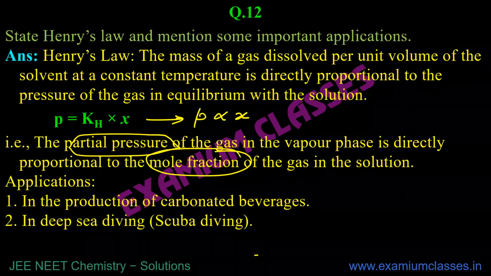Then in deep sea diving, scuba diving, what happens is that due to pressure, a lot of nitrogen gets mixed with the blood of the scuba divers. Because that nitrogen gets dissolved, when they come to the top, pressure decreases rapidly, and this nitrogen comes out from the blood in the form of bubbles. So it forms bubbles, that is fizz, what you see in Coke, Pepsi, etc. Fizz, bubbles. Those type of bubbles of nitrogen are found within the blood, and it can be life-threatening.